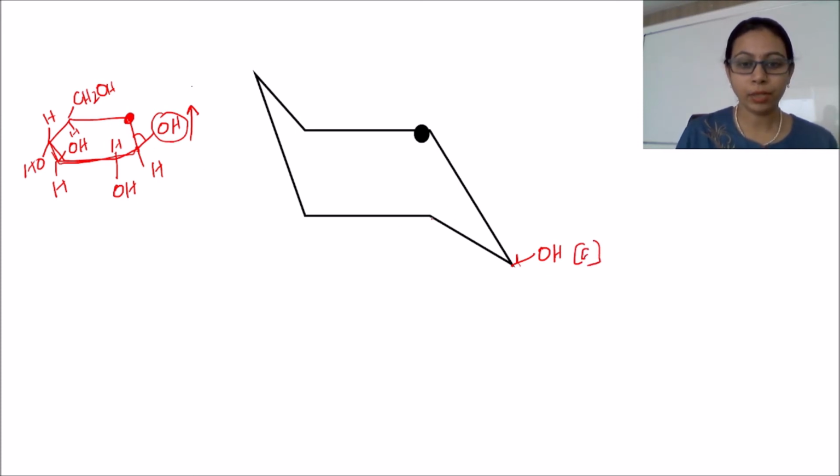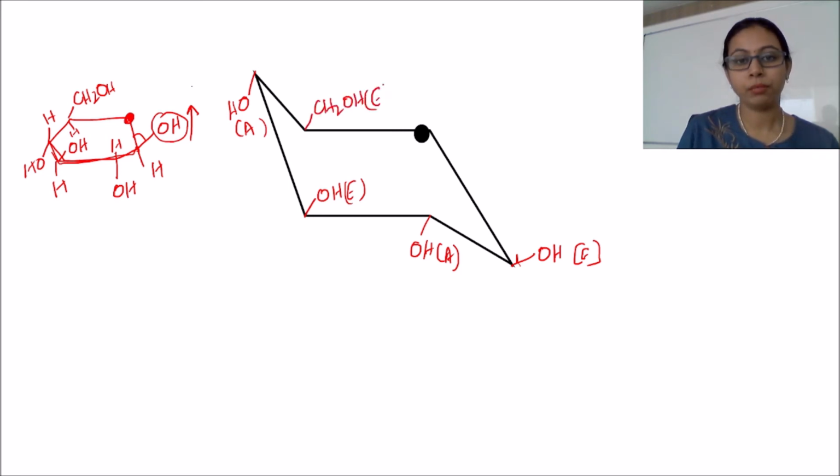In the case of carbon number 2, as it is facing toward the downside, it will arrange in such a way that it will be toward the axial side. Again, carbon number 3 will be toward the equatorial side. In carbon number 4, it will be again toward the axial side. In carbon number 5, it will be toward the equatorial position because it is facing upward. Similarly, when we talk about the alpha form, there will be a change in the position of the OH group. Instead of facing toward the upside, it will be toward this side.